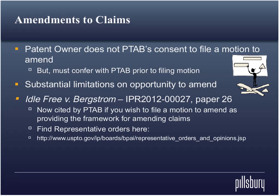All right, so I'm going to switch gears and talk about amendments to the claims. You are guaranteed, supposedly, the right to amend the claims. The patent owner does not need the PTAB's consent to file a motion to amend, but the rules basically say that, look, even though you don't need our consent to file a motion like you do for all these other motions,